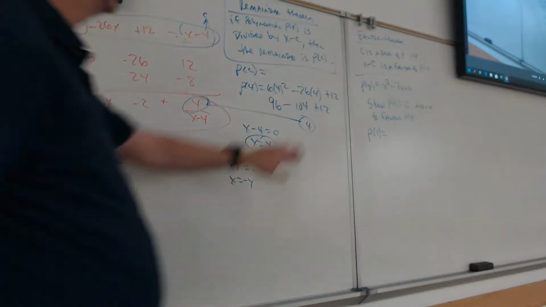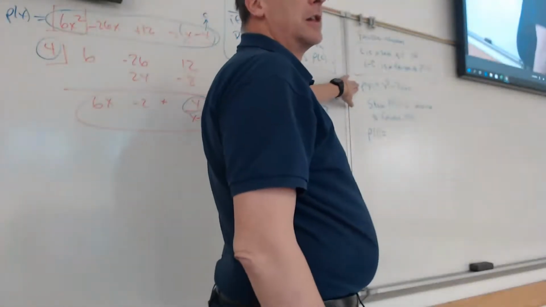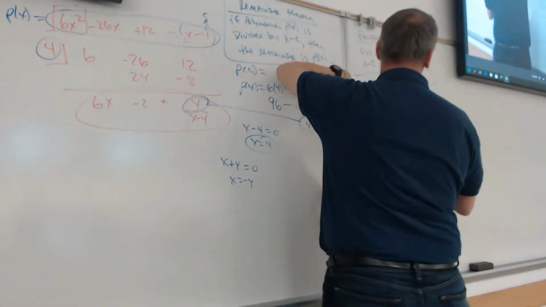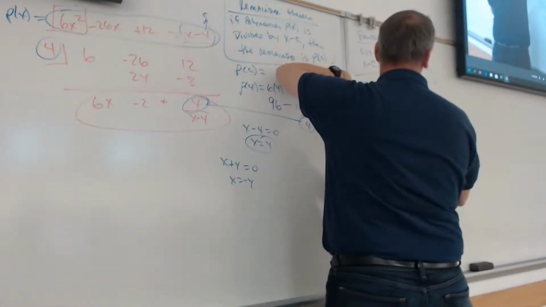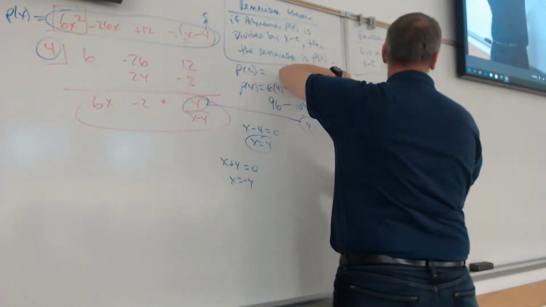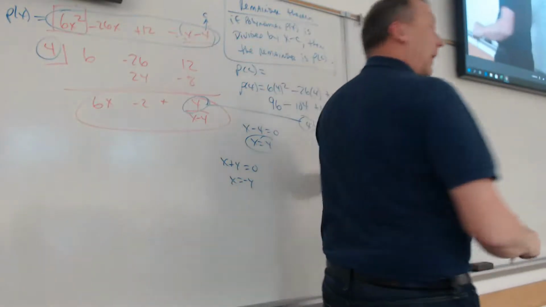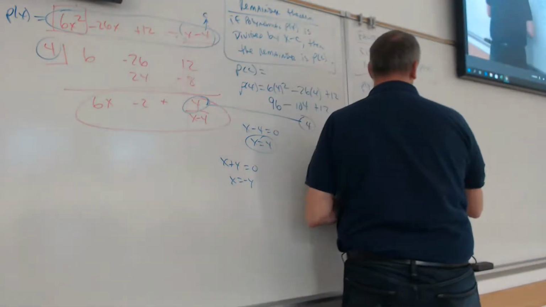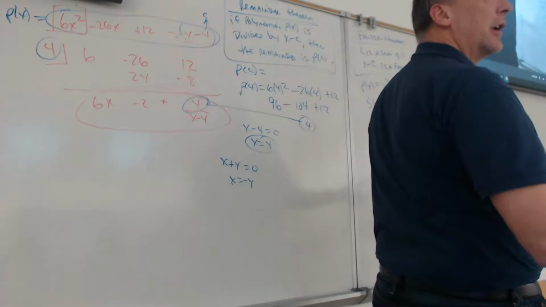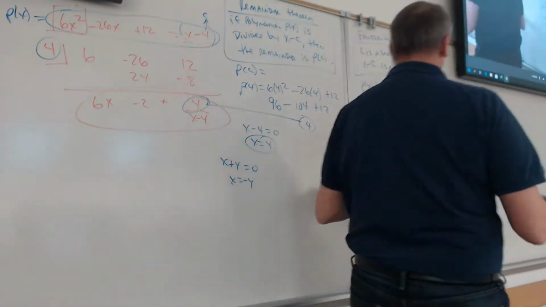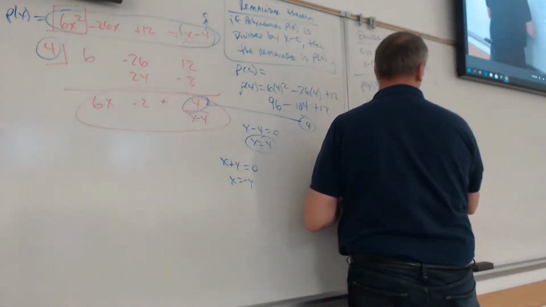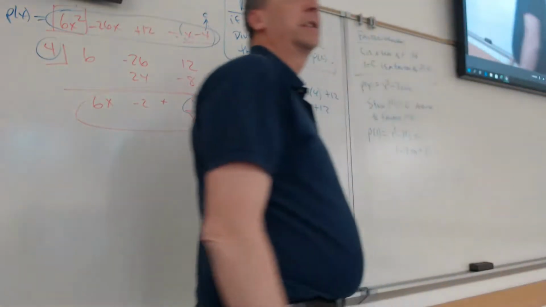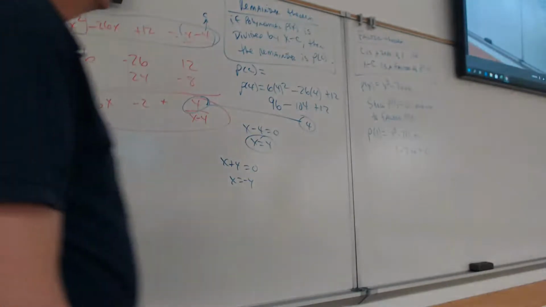Okay, what's P of 1? 1 cubed minus 7 times 1 plus 6. 1 cubed is 1. 7 times 1 is 7. So 1 minus 7 is negative 6. Negative 6 plus 6 equals 0. Okay, so I got a remainder of 0. Isn't that nice? So what that means is,